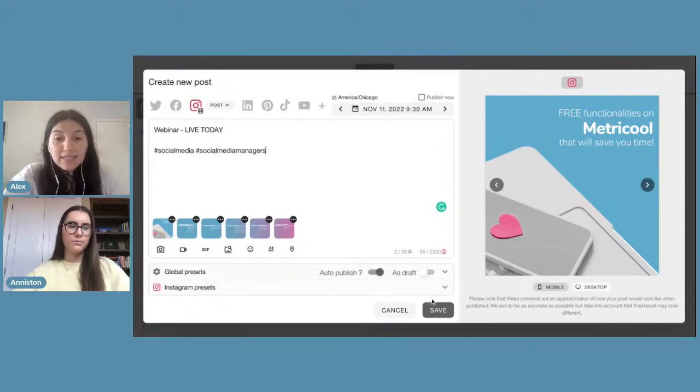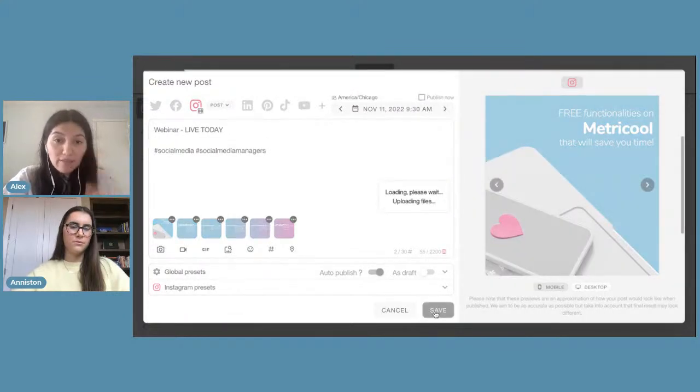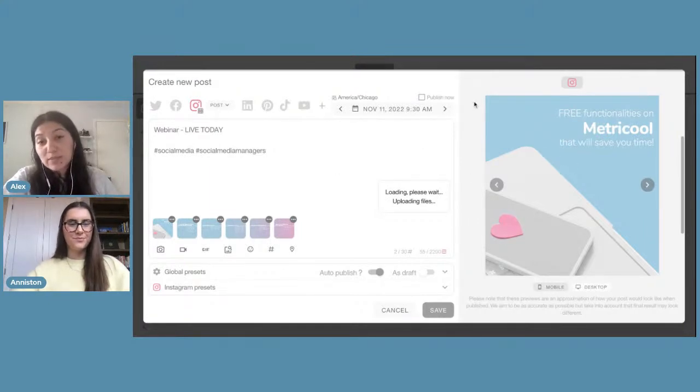What's really nice is that if I were to save this post right now, it's scheduled to go up on November 11th, but say I wanted to change that time, it's going to go ahead and save really quickly. But if you wanted to change the time, you can see the best times on a few different platforms. So you can see the best times on TikTok and on Instagram and on Twitter. Once this finishes saving, I will go ahead and show you, because I think I just picked a random time, but you can go ahead and see what time would work best for your following.